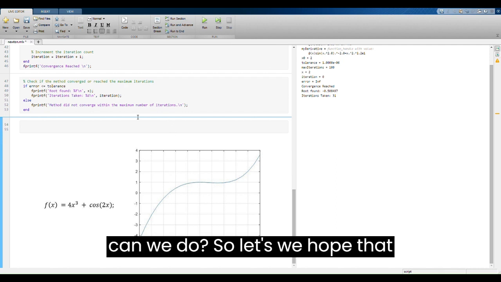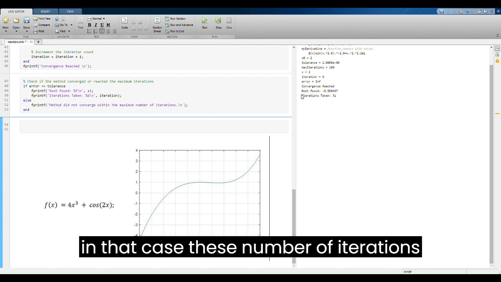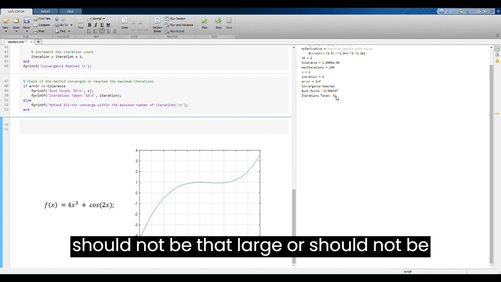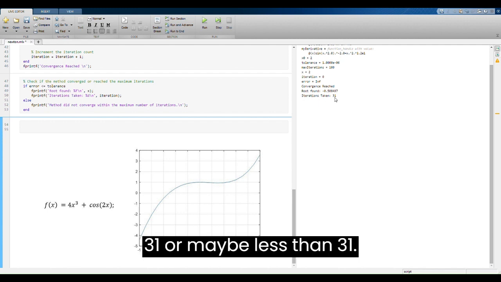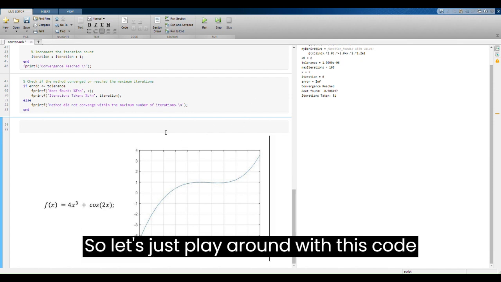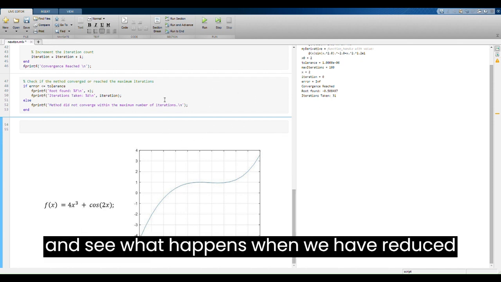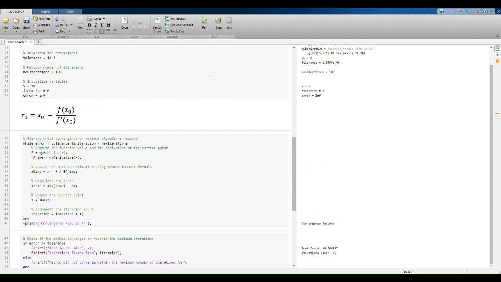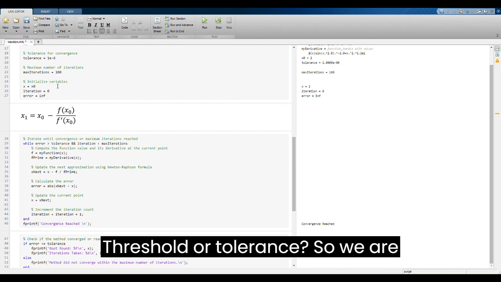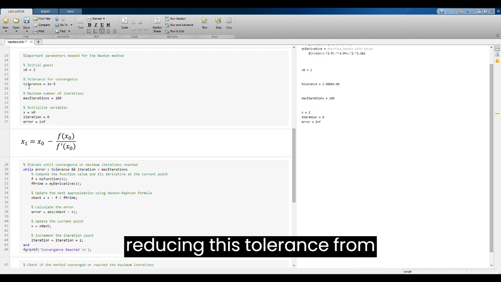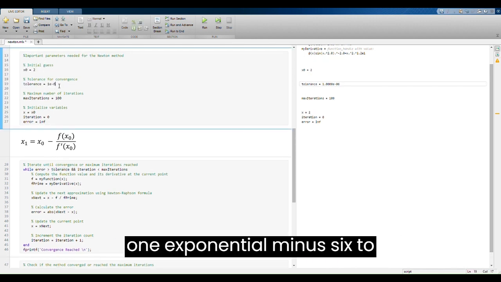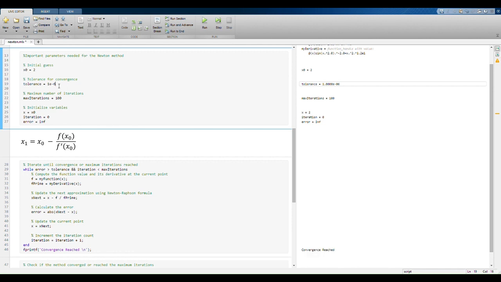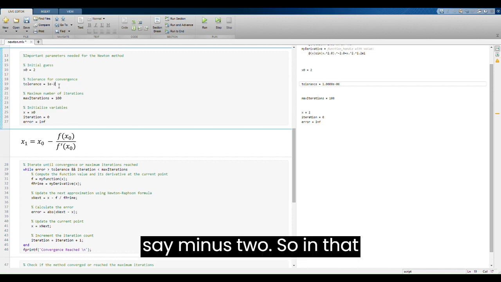So what can we do? We hope that in that case, the number of iterations should not be that large, or should not be 31, or maybe it should be less than 31. So let's just play around with this code and see what happens when we reduce this threshold or tolerance. So we are reducing this tolerance from 1 exponential minus 6 to, say, minus 2. So in that case,